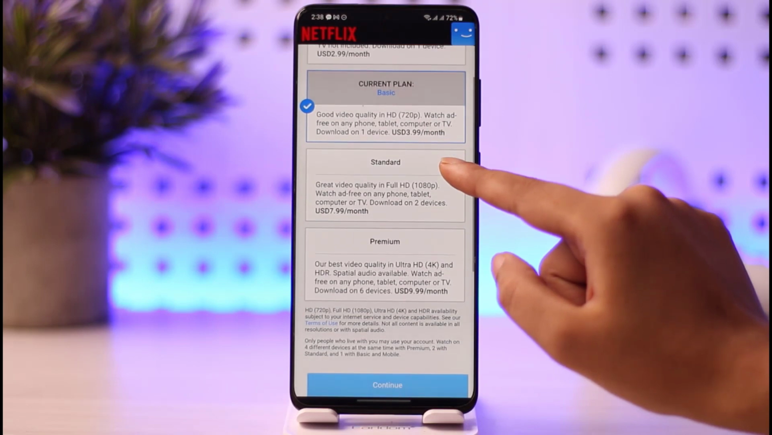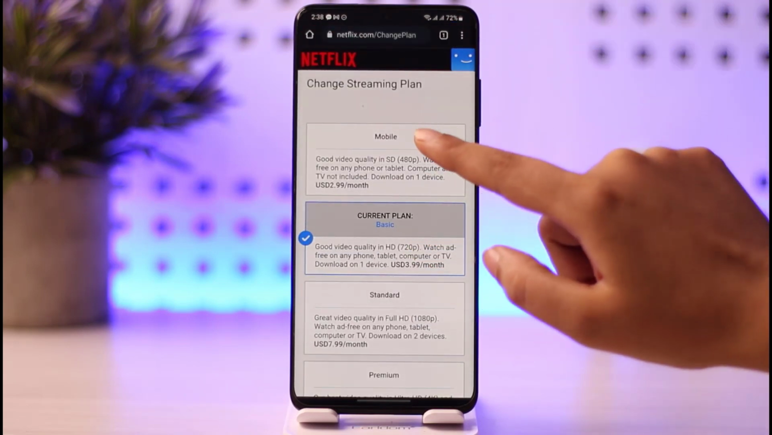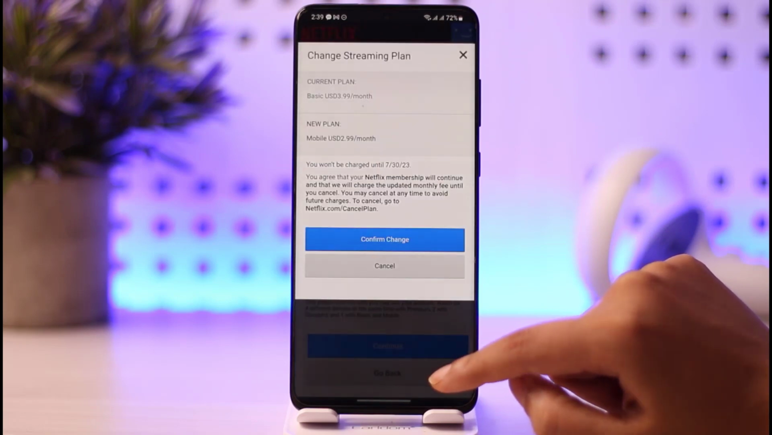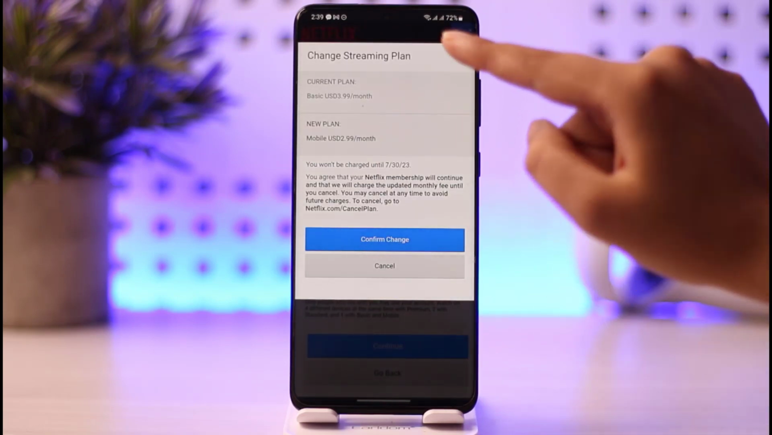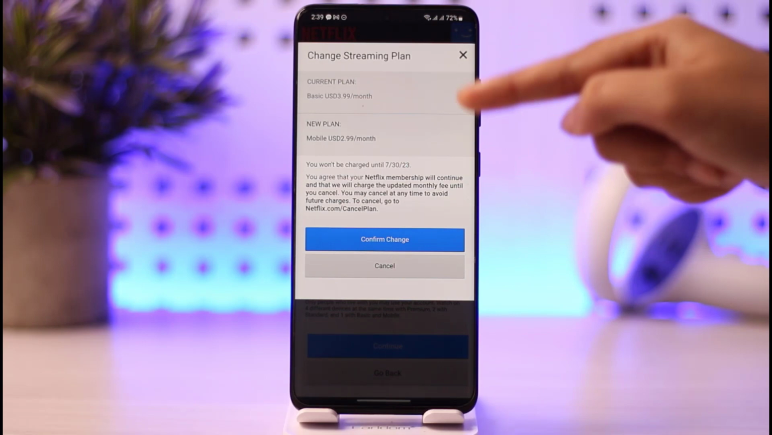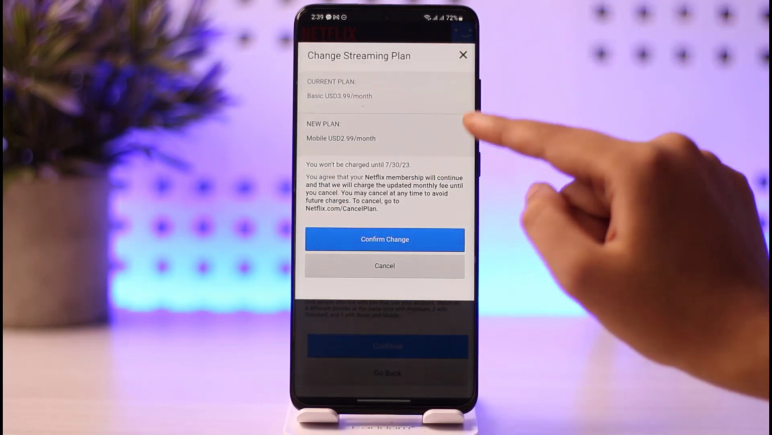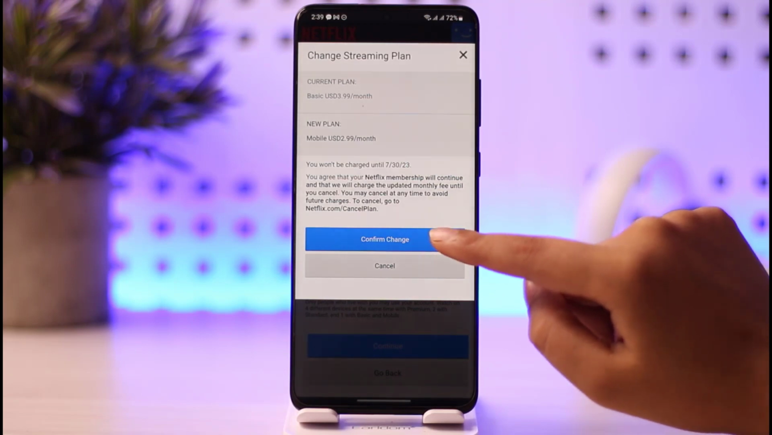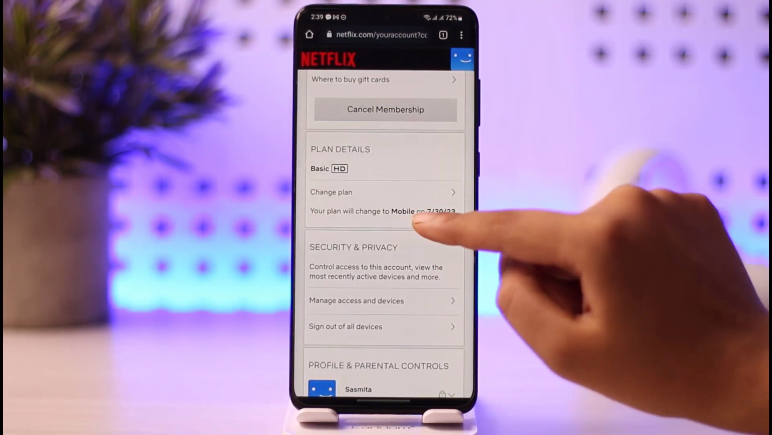If you want to choose a particular one, let's say it's for mobiles, go ahead, choose that particular plan that you would like to change to. Tap on this continue option given below, and it will show you the current plan that you have been using and paying for, and then the new plan that you will use and will pay for. Tap on this confirm change, and then if you go back, this will show this kind of interface where